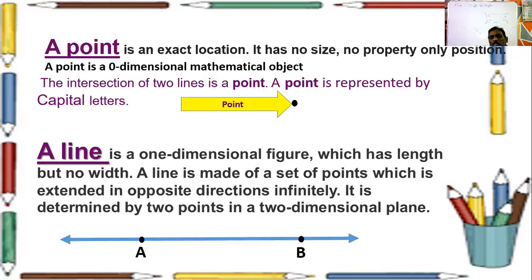Line, what is a line? A line is a one-dimensional figure which has length but no width. Line means just a line: no width, but it will have some length. A line is made of infinitely many points which are collinear. It joins all the points, so a line is combining many points. This is the initial point of the line, and this is the terminal point of the line. Then it is called a line segment AB.